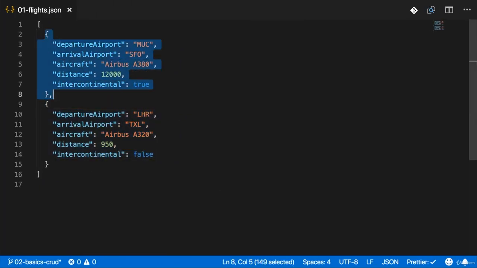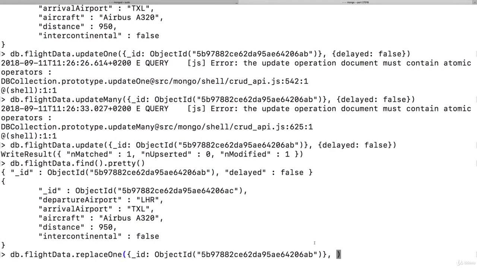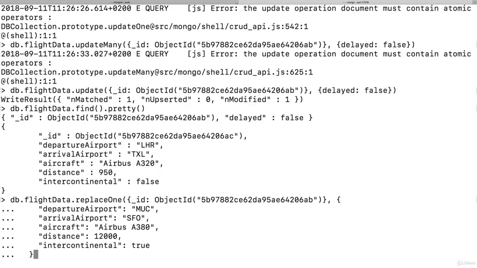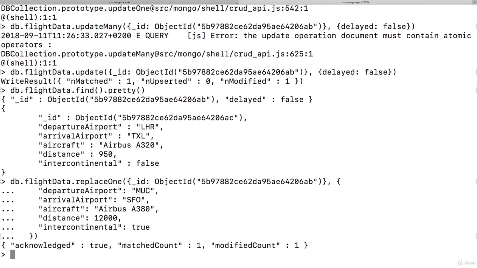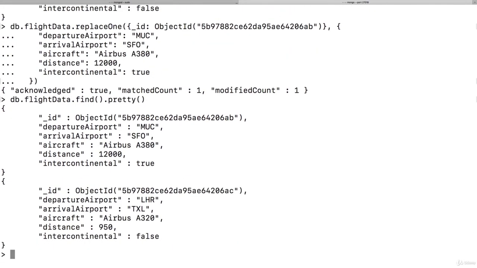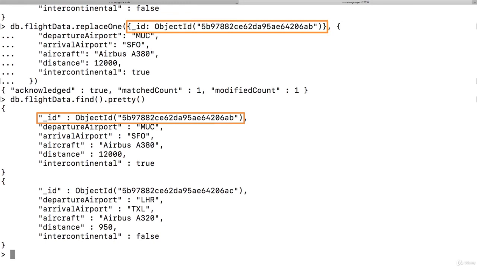So here I'll take my flight data from the attached JSON document, which was attached to earlier lectures, copy that, delete the closing parentheses, add my document and now close it. And if I now hit enter, you see one element was modified. And if we now output all the elements again, you see the ID still is the same as before. It's the ID we looked for in the filter, but the rest was replaced. And this is simply a more explicit and therefore safer way of replacing the data if you really want to replace it. Otherwise, if you just want to change it, partially change it maybe, use updateOne or updateMany. Be aware of the behavior of update.